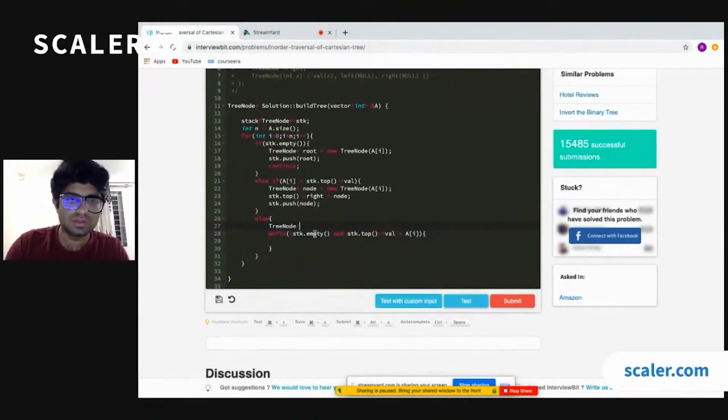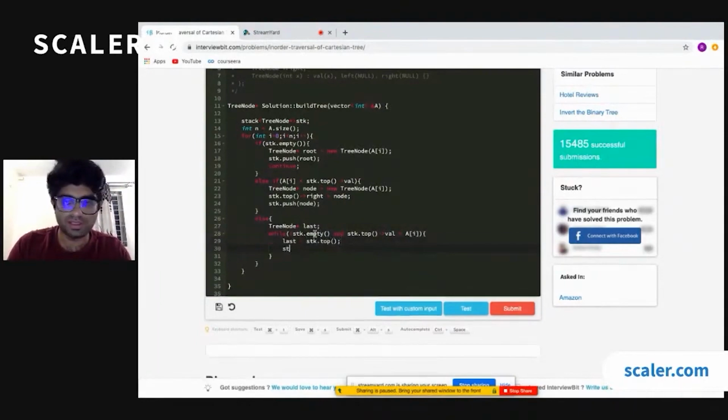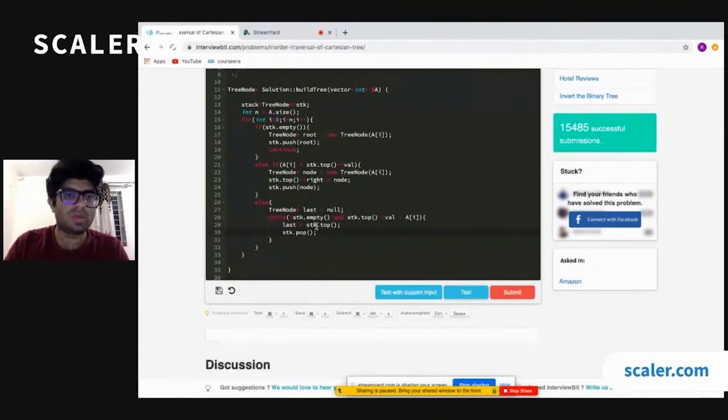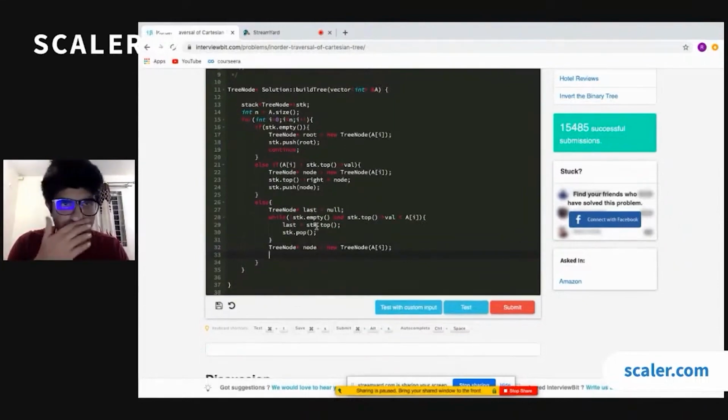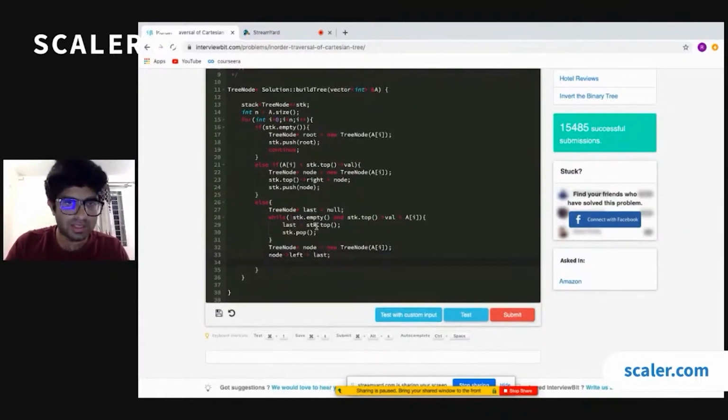So if that is the case, then I can update my last, and I can keep it as null. Okay, now I just figured out the last element. So let's first create a new tree node for that particular element with the value of ai. Now, the left child of that particular node will be my last, and the right child for the topmost element